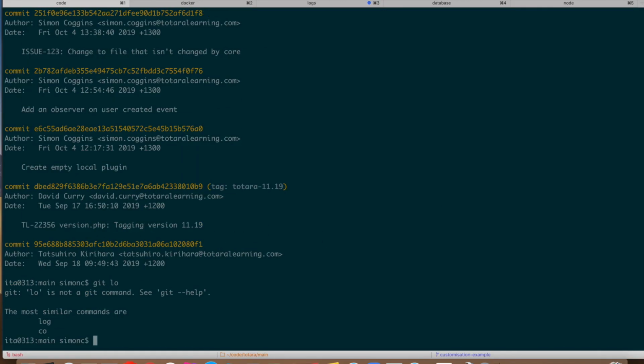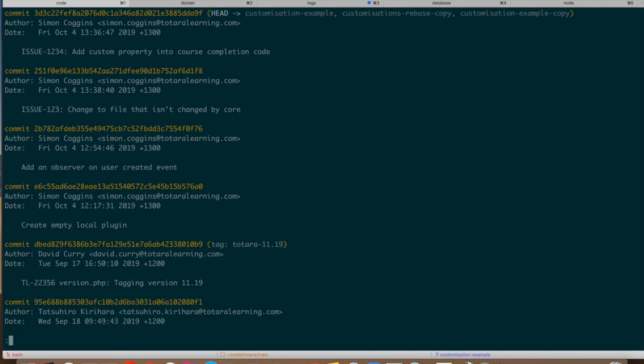In this example, I've gone back to a branch which has the 4 commits rebased on top of 11.19. Instead of merging or rebasing, we're going to look at cherry picking these commits onto a fresh version of 12.10. Rather than cherry picking them individually though, I'm going to squash these commits down into one to make it easier to work with. So that we don't lose our commit history, I'm going to make a copy first. So let's branch